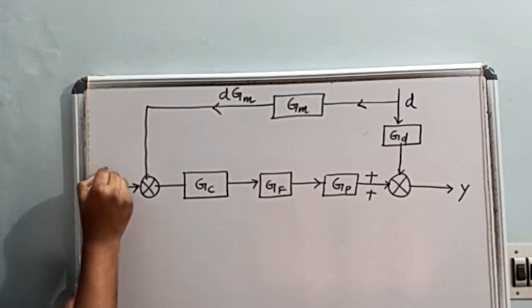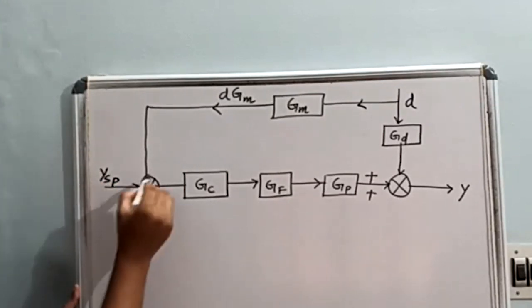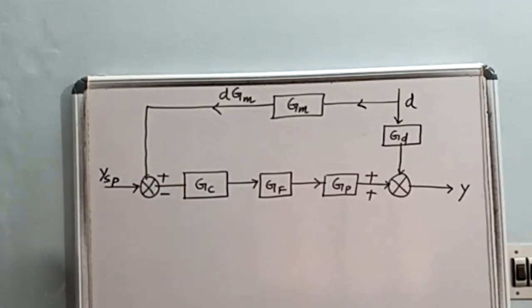So this is our set point, so here will be the set point, and we can say plus minus. This is your normal diagram. We have done this. So this is our feed forward controller. Now we are interested in writing what is happening here.